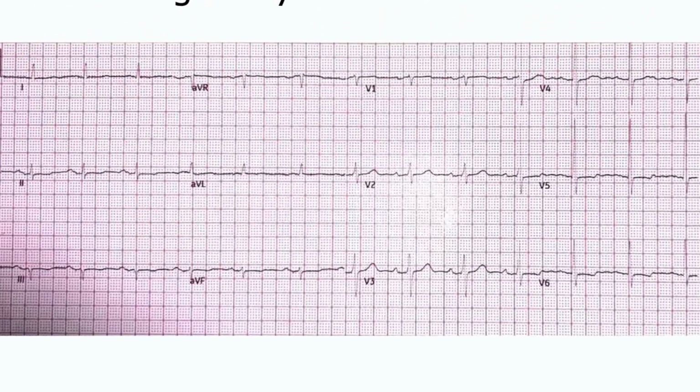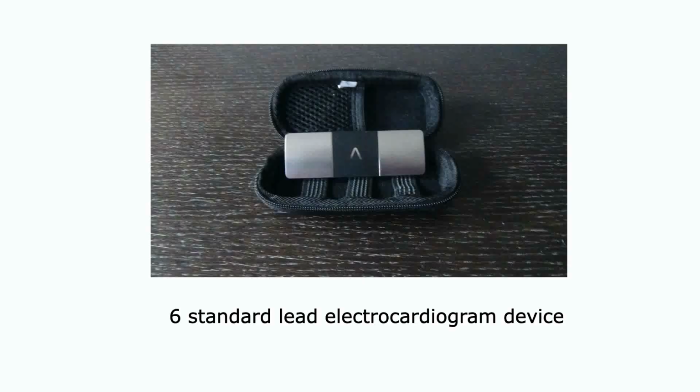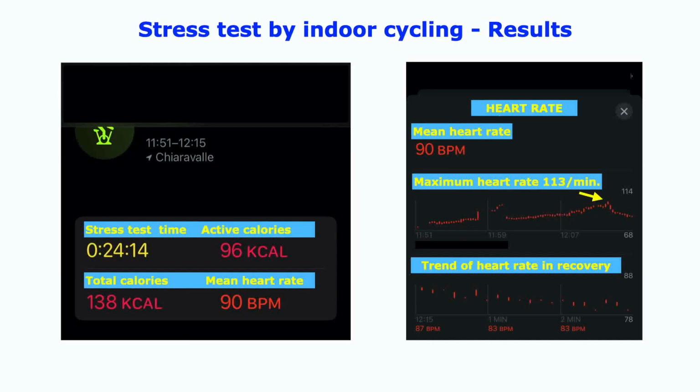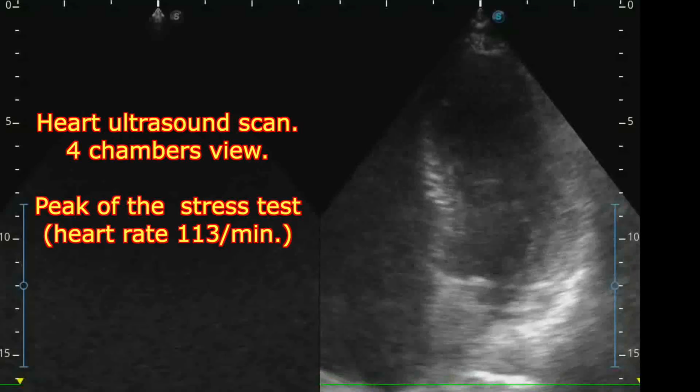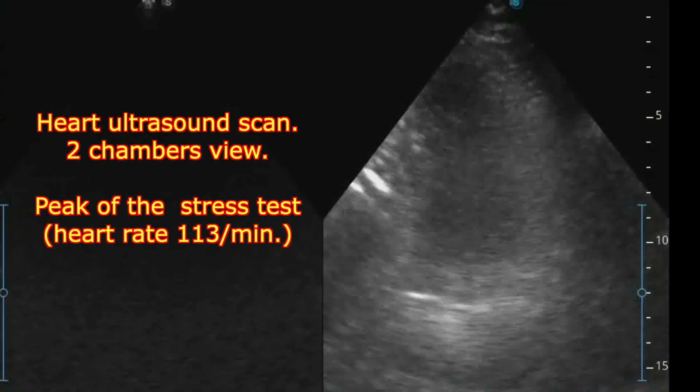From then on, the patient monitored himself with a portable 6-lead electrocardiogram device. The dose of the sotalol was established at 80 milligrams twice per day. Without discontinuing sotalol, the patient underwent a moderate stress test by indoor cycling. He attained a maximum of 113 heart rate and 6 kilocalories of consumption per minute under full aerobic conditions, oximetry over 95%. At the peak of the exertion, the heart walls' dynamics was normal in both 4 and 2 chamber